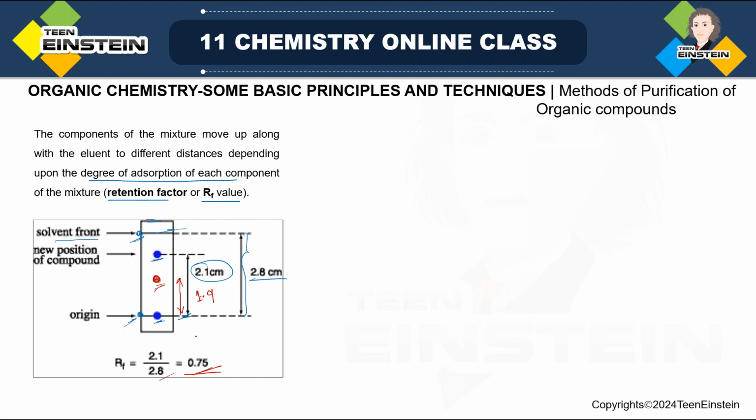Okay, so when the RF value is less, that means its movement, compared to the other compound where the RF value is high, is less. So the RF value in this way will give us some information regarding the degree of absorption of different components. Okay,